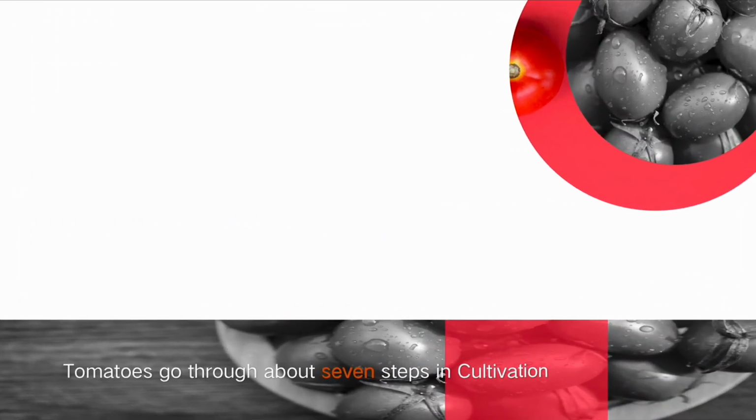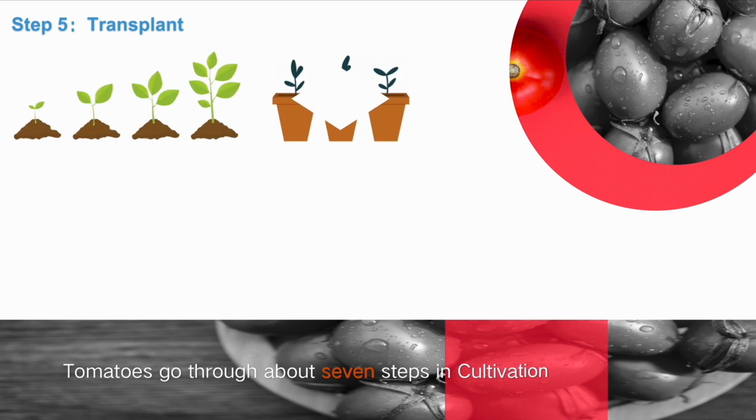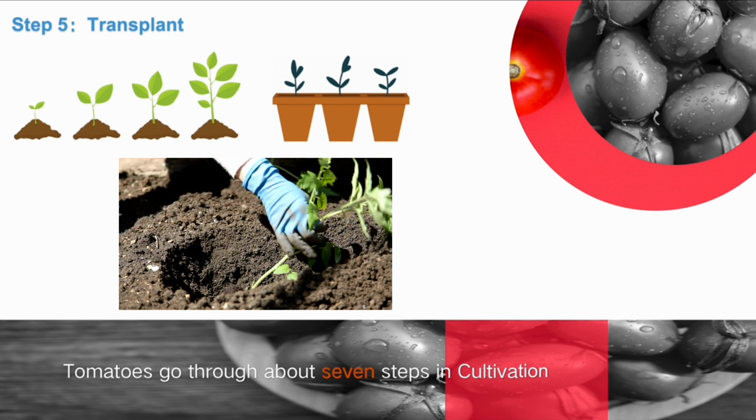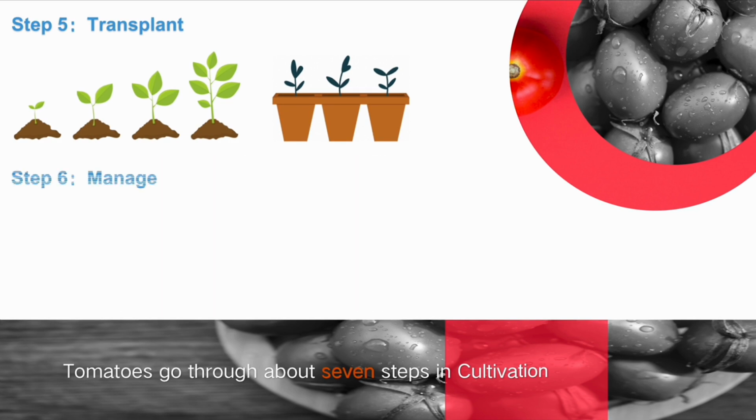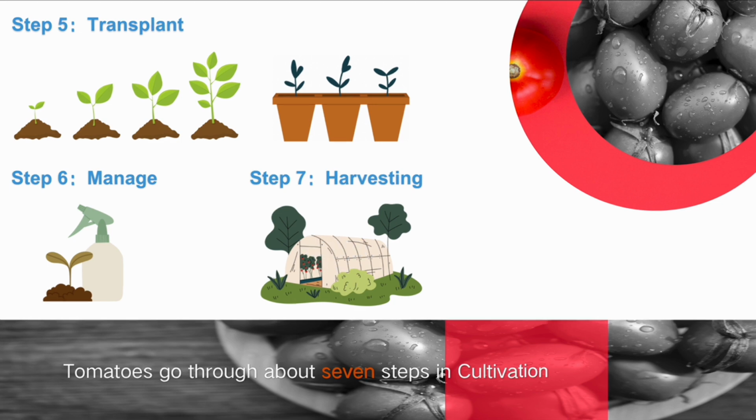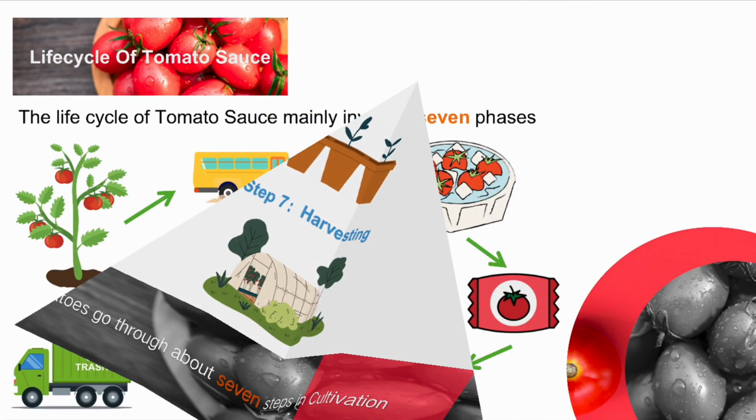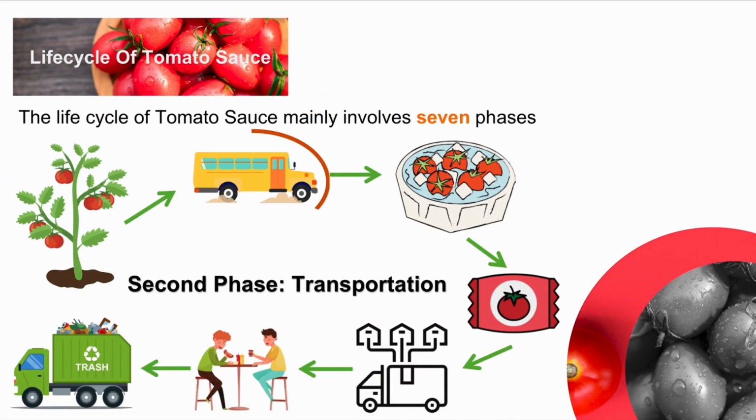Step 5. Transplanting. When the seedlings have reached a certain height, they are ready for transplanting. Remove seedlings from the seedbed and transplant them with roots protected to prevent damage to the seedlings. Step 6. Management. For tomato plants, control pests and diseases, weed and prune them to ensure healthy growth, and fertilize and water them if necessary. Finally, harvest. When the fruit is bright red and good size, it is ready to harvest. In short, tomato cultivation requires mastering scientific cultivation methods and management skills, paying attention to the prevention and control of pests and diseases. Now let's move on to the second part, the transportation phase.